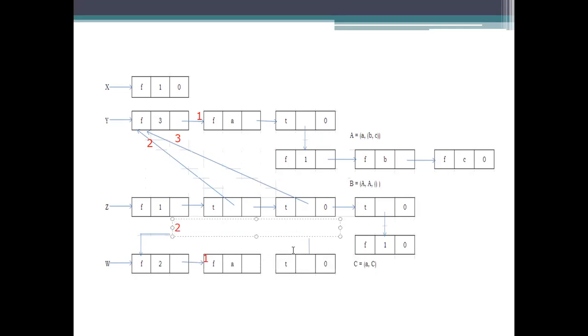And while you are reaching this one, it is repeatedly increasing the value here. No need to represent it as an infinity. So the calls have been placed at once. We need to represent the count here, and we are making this recursion to this reference count only. So whenever you are placing a call to that one, the reference count increases. Means whenever you are using the C, the reference count increases here. And coming to this one, Z is having an empty one. How is this empty one represented? The false is a tag, 1 is a reference count, 0 is the last one, because it is not having any other elements to be connected here.